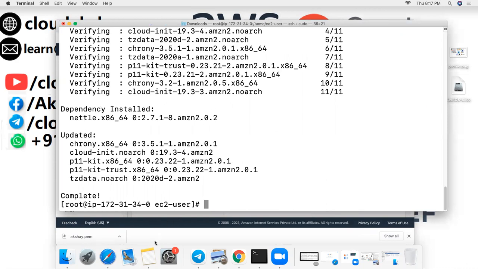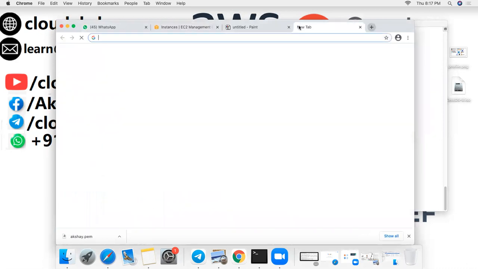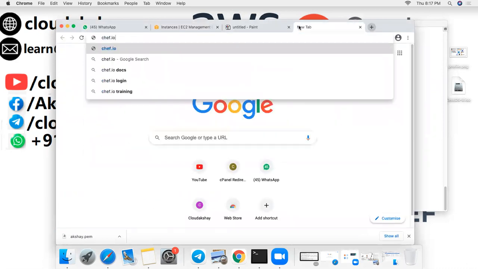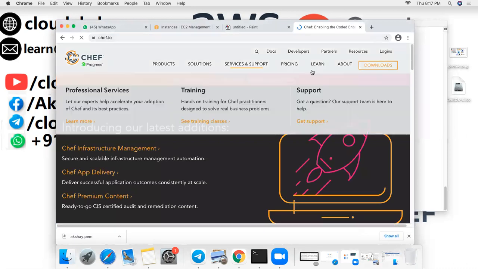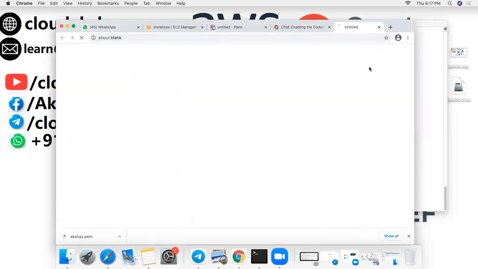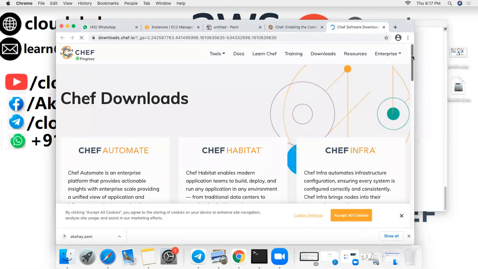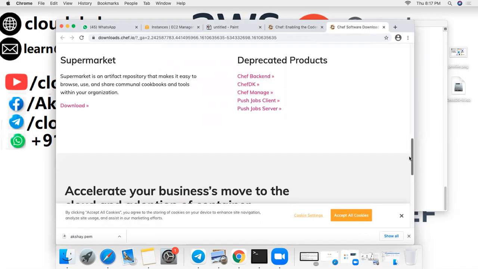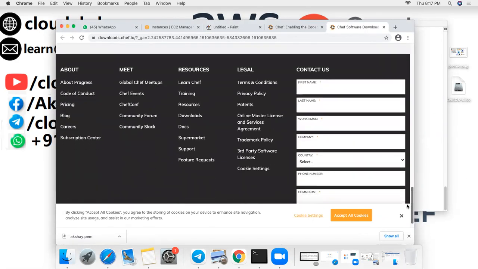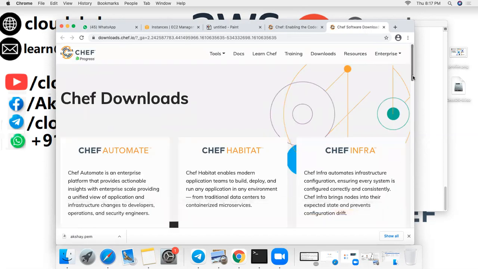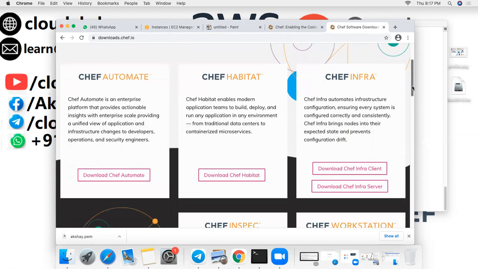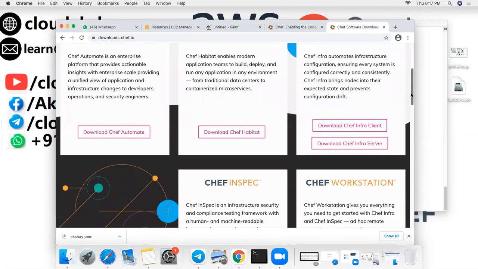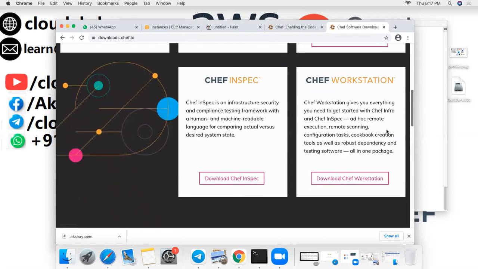So get the URL from the chef.io official website. Let's go into the downloads, and in downloads for the Linux machine, Chef server.